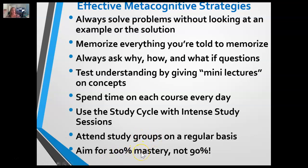And then make sure you're aiming for 100% mastery, not 90%, right? Because you want to aim for the best that you can do and not just settle for, oh well, I'm only going to aim for 90%. If you only aim for 90%, you can't achieve 100%. So, all right, so remember,